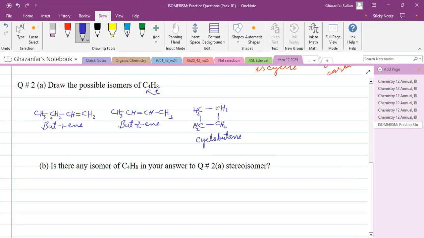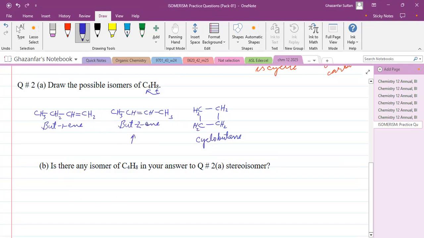And this one, no. Although it has two different groups, one is ethyl group and one is hydrogen. But here, both of them are hydrogen. So it cannot give neither geometrical isomer nor optical isomer because there is no chiral carbon in this compound as well. But this can give